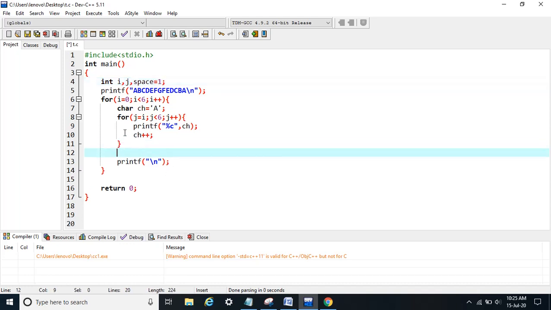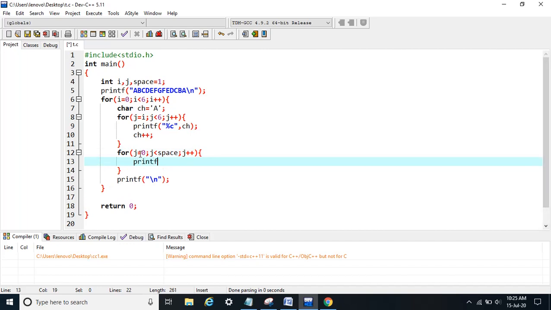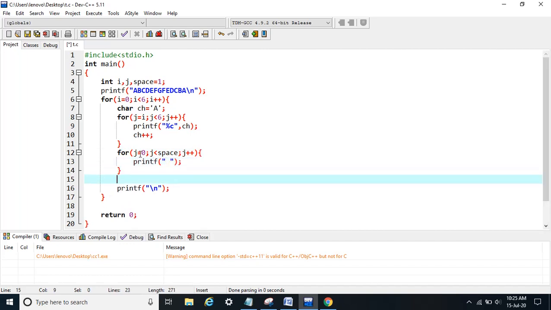Now this loop will run for the spaces part: j less than space and j plus plus, and we will simply print space. After every row we will increment spaces by 2, space plus equals 2.